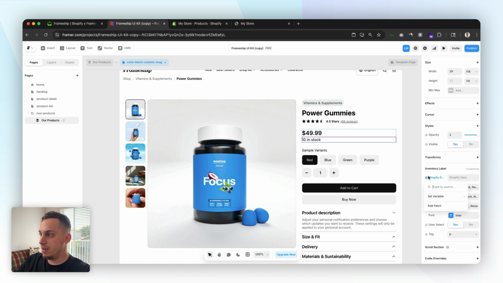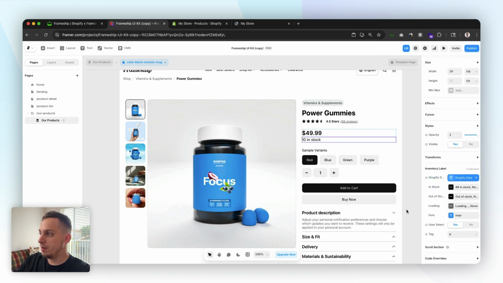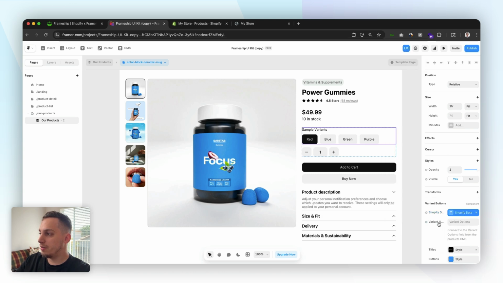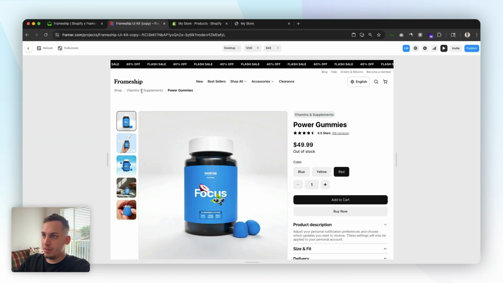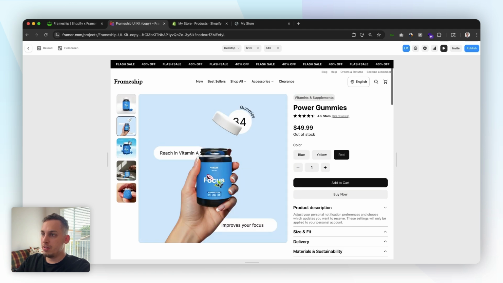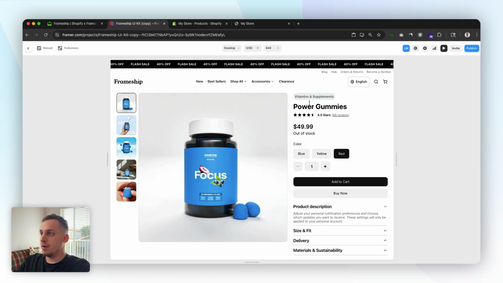Same with the in stock. So let's go to Shopify data, which is down here. And with the variants, we can go Shopify data, variant options. So now we have our blue, yellow, and red. Now, if we press play, we can see that everything looks nice and neat. We have our different images that we can switch around and check out. And we have our different product descriptions like the category name, the product title, the price, and then we get